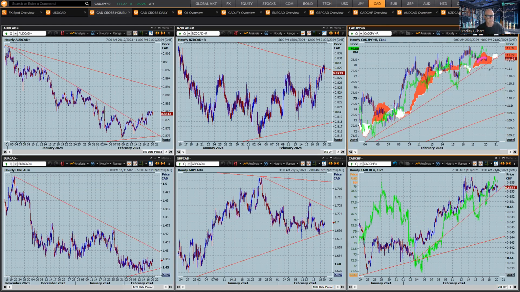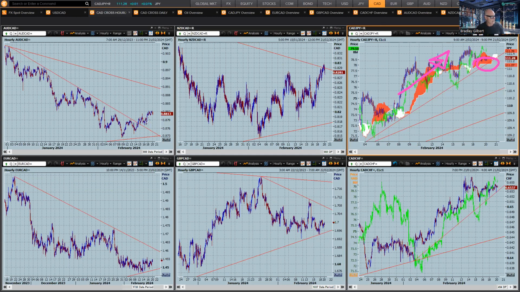CAD yen, right? If you're thinking CAD yen, we get really weak Canadian CPI numbers, it's going to come down, but we do have a support trend line and oil is going up. So it's fighting the general trend and also the pull higher in CAD yen from oil rallying. Now, if oil was to drop dramatically, well, then that would obviously support a weaker CAD yen and weaker Canadian